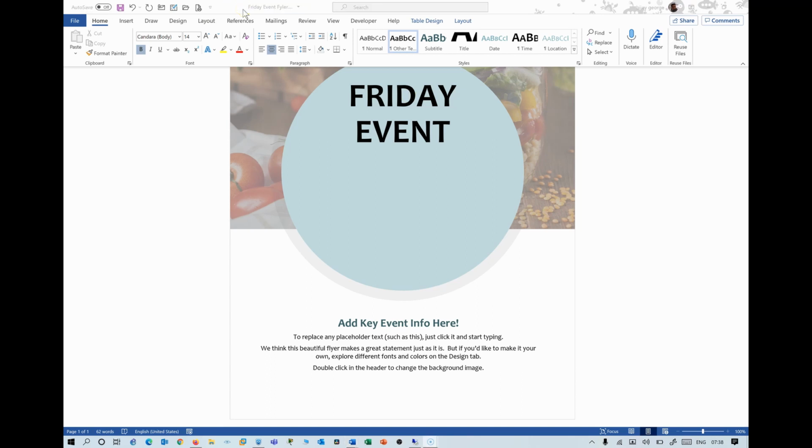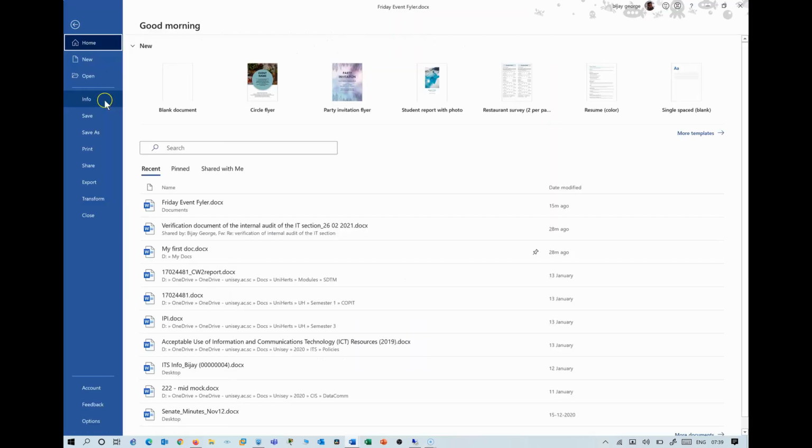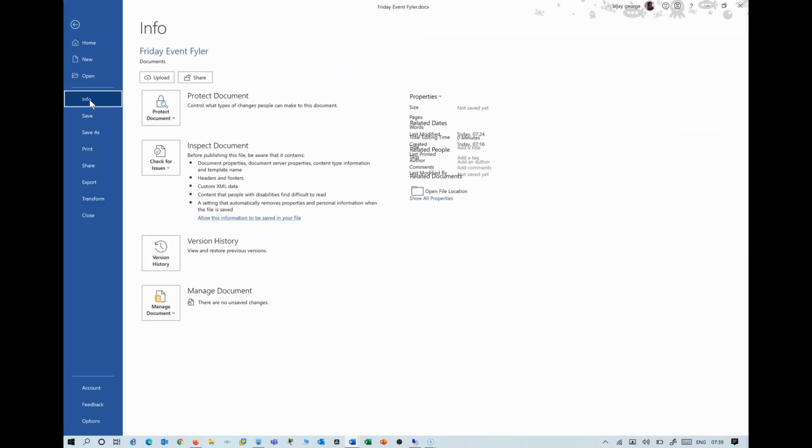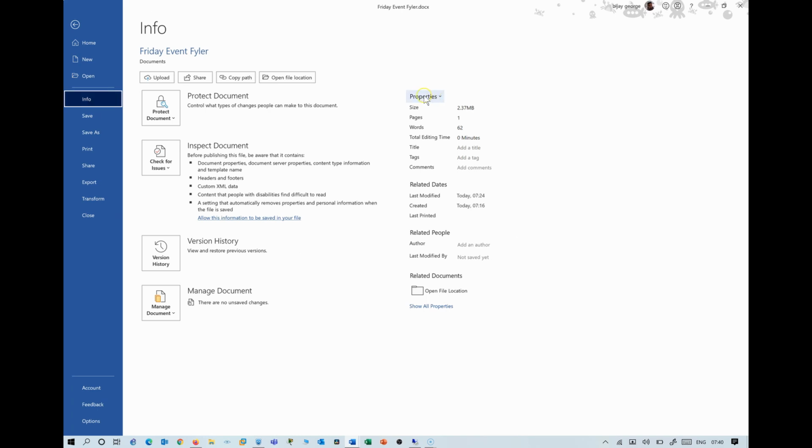Now let's say you want to add more information or more values to your Word document, such as title, author or any other keywords. To do that, you could go to File menu, click on the Info, and click on Properties, on the right side. Select that drop down where you see Advanced Properties. Click on Advanced Properties,